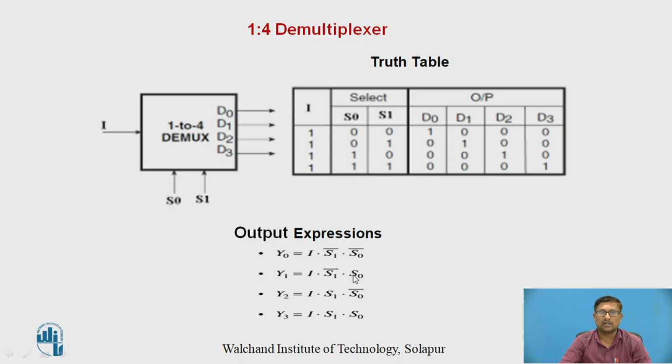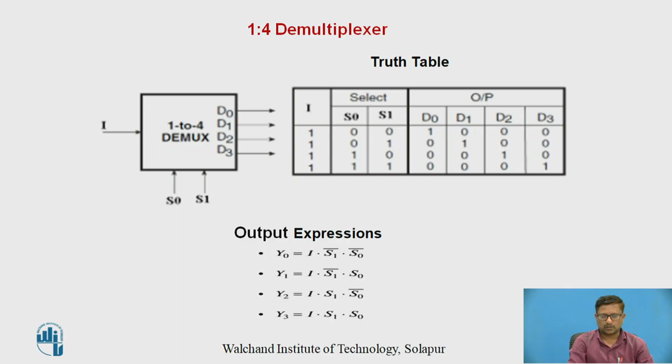So these are the output expressions. Y0 is equal to I dot S1 bar dot S0 bar. Here Y0 is nothing but D0, you can consider the analogous terms. Y1 is nothing but D1, that is equal to I dot S1 bar dot S0. Y2 is equal to D2 is equal to I dot S1 dot S0 bar. Y3 is equal to D3 is equal to I dot S1 dot S0. So according to the output expression, according to the